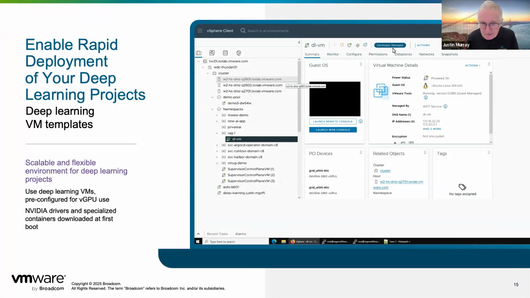The unique thing about this deep learning VM, called DLVM here, is it's got two PCIe devices in the tile in the middle there at the bottom called Grid A140C. That's a virtual GPU profile. That's actually a virtualized GPU, and it's virtualized in the sense that we can vMotion this VM around in the data center. Even though that GPU has 40 gigabytes of memory on it, that's what the 40C means there at the end. And this VM actually has two of those. It has two A100 GPUs to itself here.